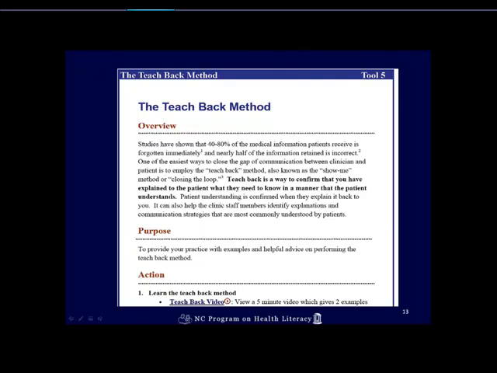As soon as you start to think that you're going to use the teach-back, you explain things differently. All of a sudden, you're holding yourself to a higher standard because you actually are expecting the patient to remember it. So I think it's a new way of communicating for a lot of clinicians, and it does take some testing.